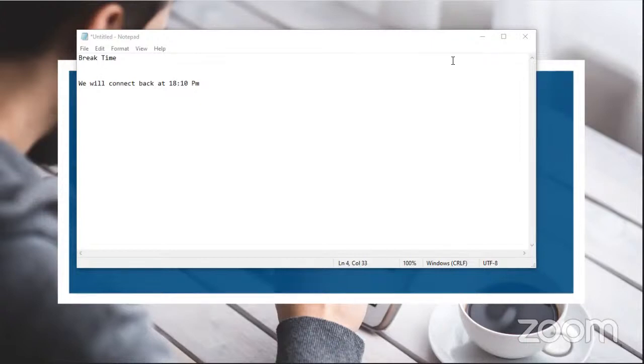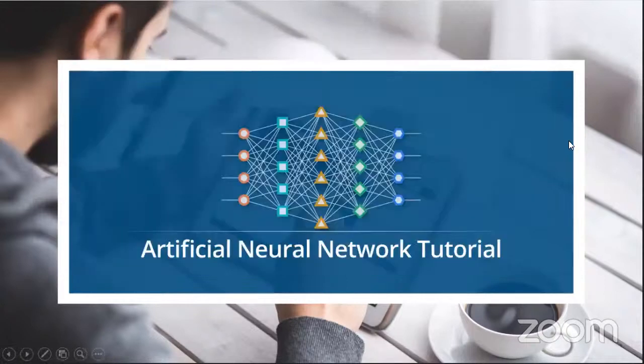Okay, are we back? So I think we have all of them. Let's get started understanding the artificial neural network. Okay,